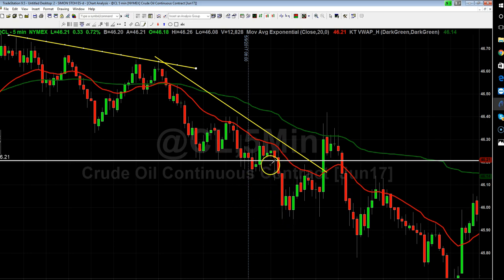So if you look at what happens here in the AM, we can document it very easily. We open, we dip below, immediately squeeze back up, unable to get above the 20 period. We then roll back over. Notice this is a move from 46.21 to 46. It's pretty much nothing on CL. It's not a significant move. It's not an impulse move, but it does get us below London low.